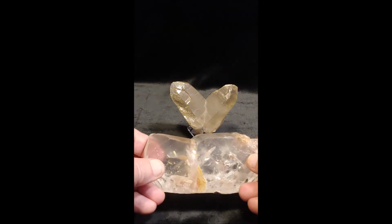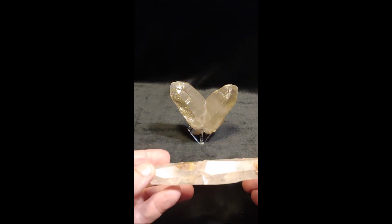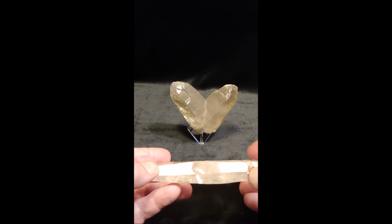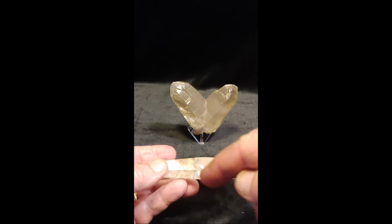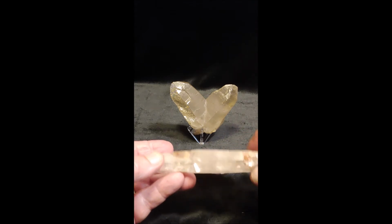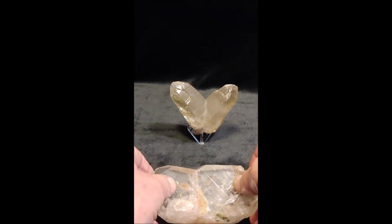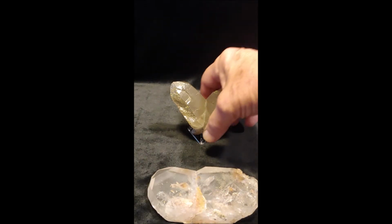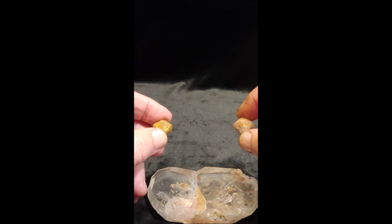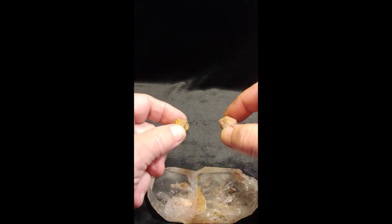It's interesting, though, if you take this Japan Law twin and you look at it, you can see that there is that same angle in the middle of it, which suggests that maybe that is the way Japan Law twins develop. Now, Tsunegawa also suggested that Japan Law twinning started with bipyramidal crystals. So I have gone and gotten some bipyramidal crystals. These are beta quartz crystals,